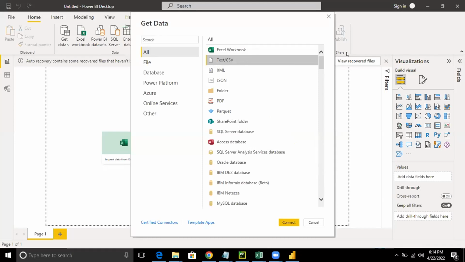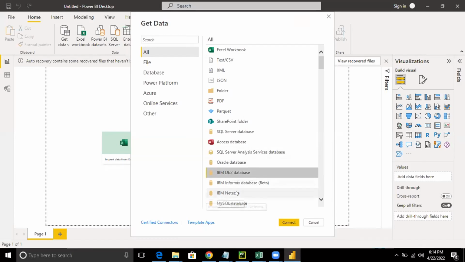That's okay, no problem. So what I'm going to do is, I was just telling you the different options through which you can include data, and many of these things you might not have heard of, but see, Power BI is a very, very powerful tool: through XML, JSON, SQL Server database. How about your data is very small and your data is on the Access database, IBM DB2 database, the Netezza. Have you heard of some of these terminologies?